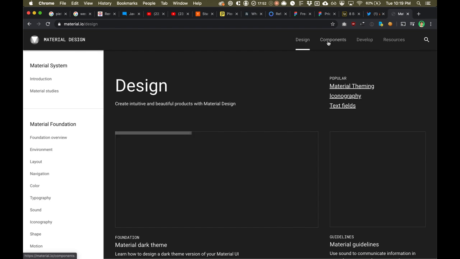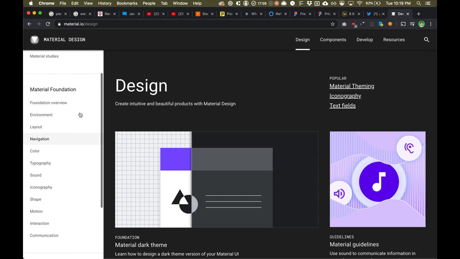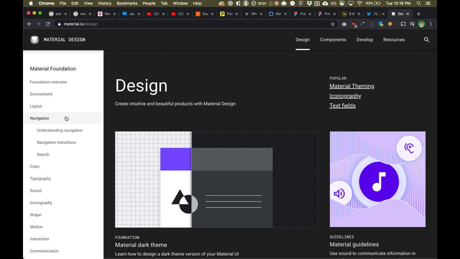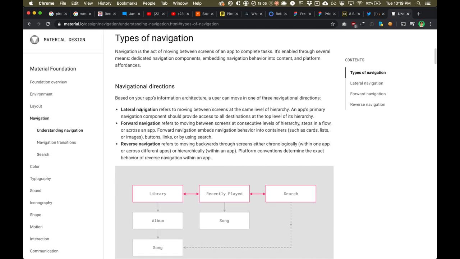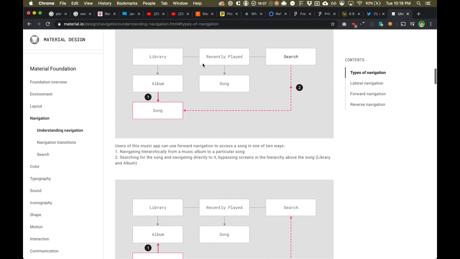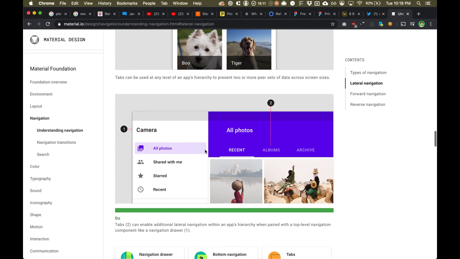But if you go to the design tab at material.io/design, they actually have a whole methodology to their design. If you click through this, they explain the different types of design, how they're laid out, all the spacing, how things should be spaced out.